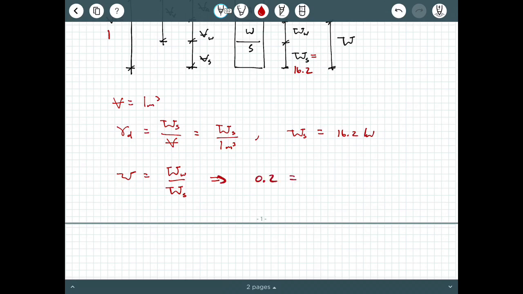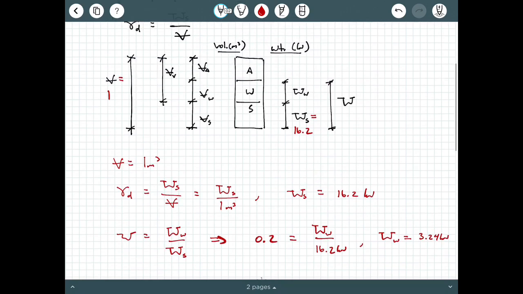I'm going to say 0.2, that's my 20% as a decimal, is equal to my weight of water over my weight of soil solids that I just figured out. So then I can calculate my weight of water is 0.2 times 16.2. So I get 3.24 kilonewtons as my weight of water, and I can populate that in my phase diagram now,